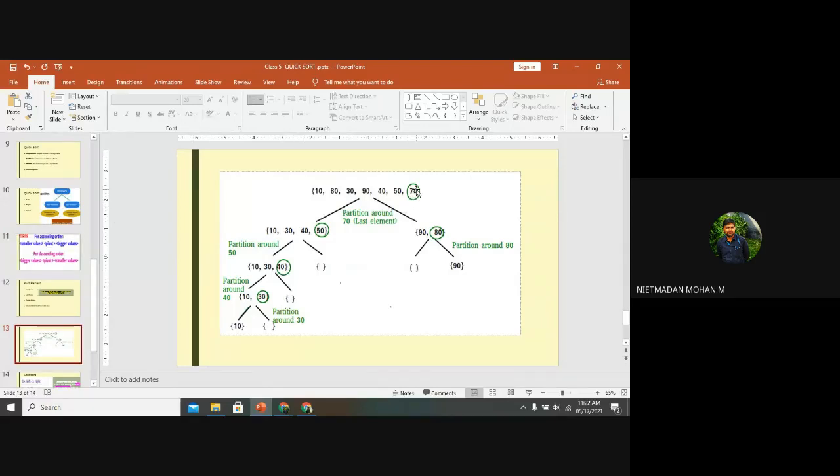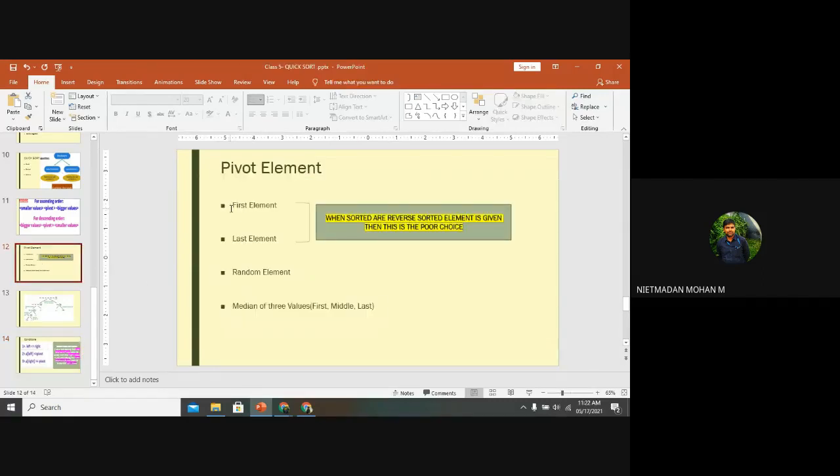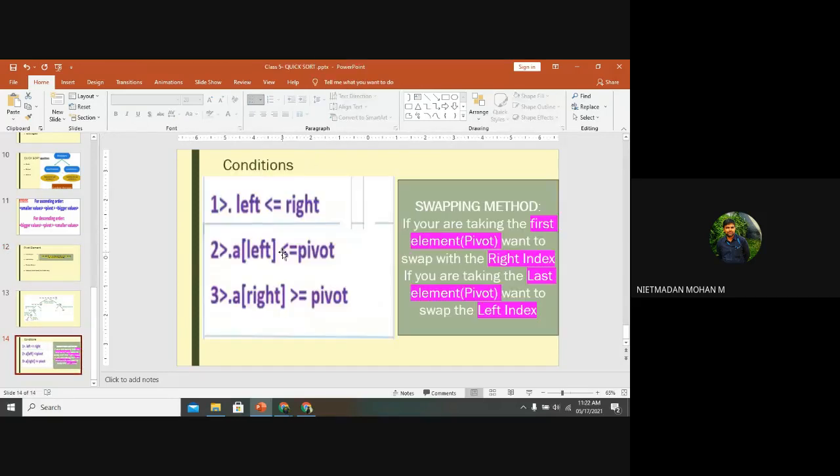Now you see the condition here. Here we have taken this 70. So for finding the pivot value, these are the 4 conditions, whether you want to select first, last, random or median. After that, to arrange the pivot value in a particular position, and after arranging the pivot value in that position, to arrange the smaller values on the left hand side and the bigger values on the right hand side, we will move with these 3 conditions.